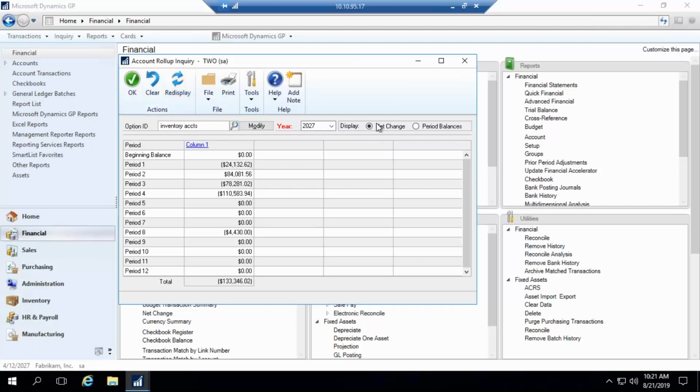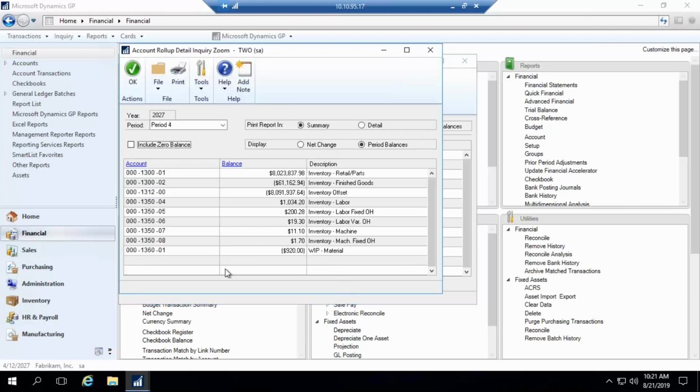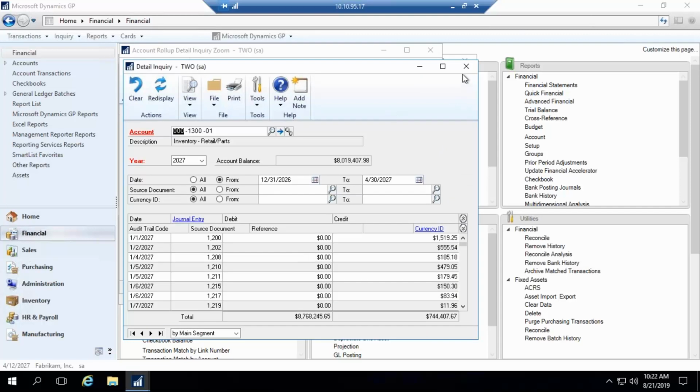So you notice over here, right now I'm displaying the net change. I can change that to period balance. And so this right here for period 4, this is my balance, my inventory balance across all of my inventory accounts. And if I want to see what makes up this number, I can click on column heading, and it shows me here are all the accounts in my range that actually have a balance. And then I can even go in further, and it takes me to the detail inquiry screen for that particular